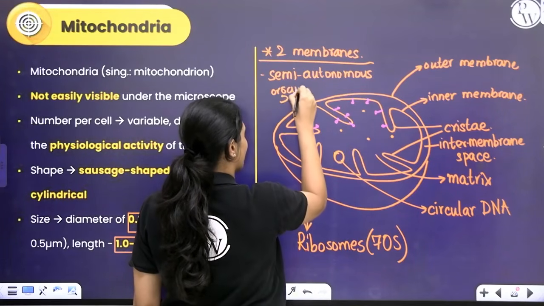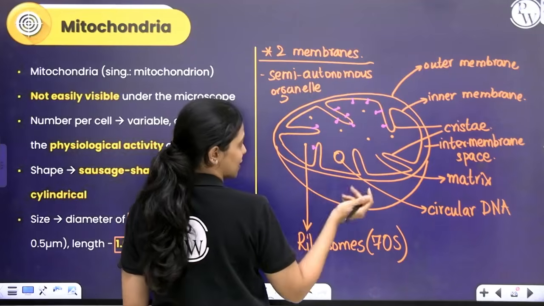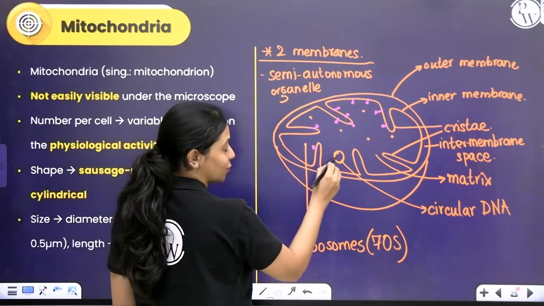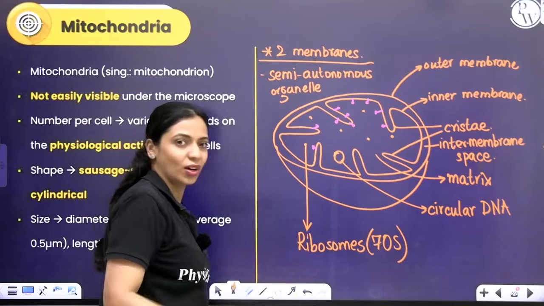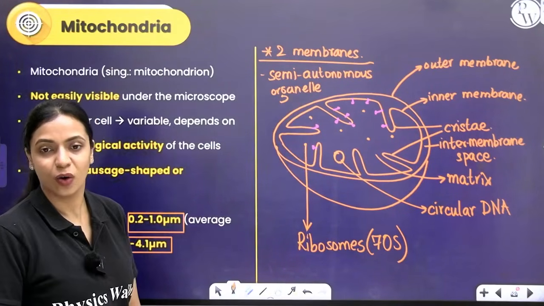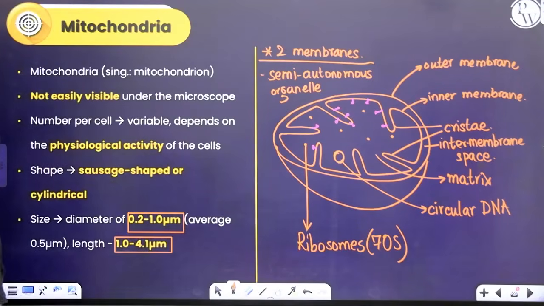For the synthesis of ATP, some of the enzymes it can synthesize by itself by the ribosomes that are present here. The information for that will be present in the DNA here. It does not have to depend on the genomic DNA for it. So we call it a semi-autonomous organelle. Next,